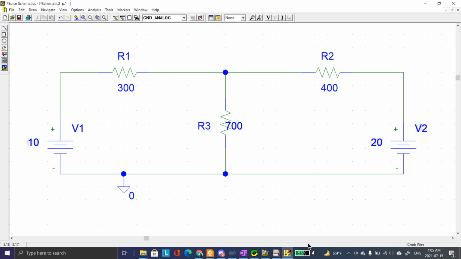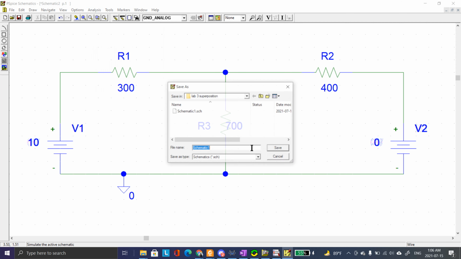So this is our circuit, and first of all we will kill V2, so make it 0. So this becomes no voltage source on the right side. And if we now simulate,